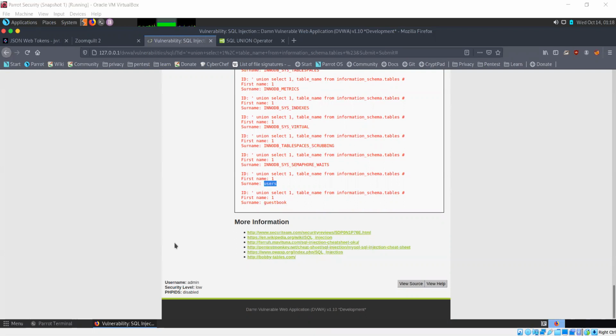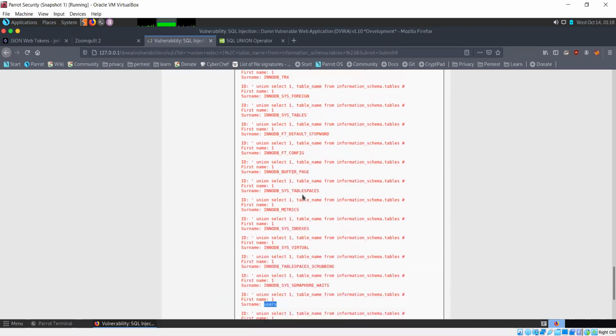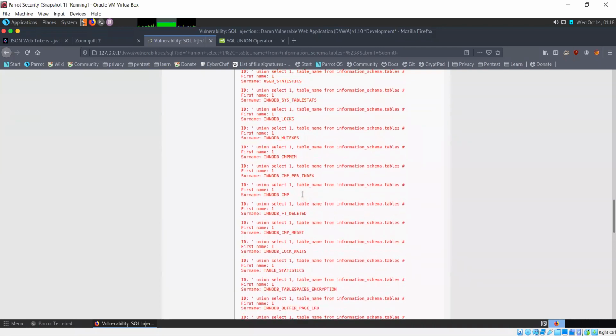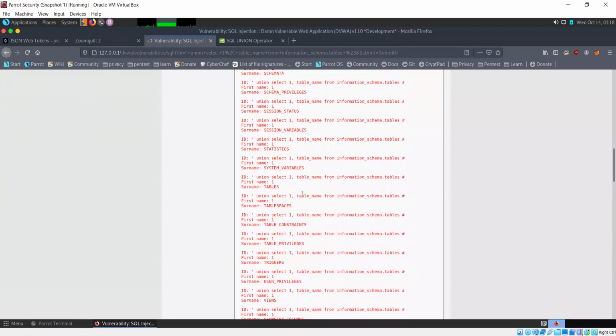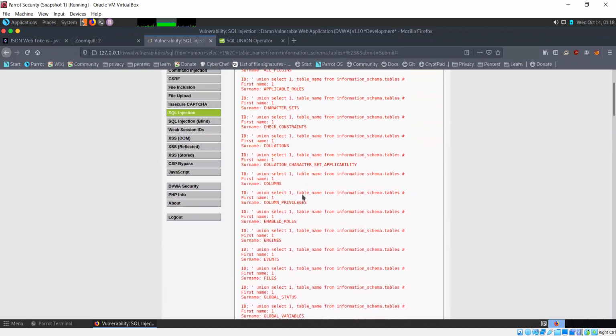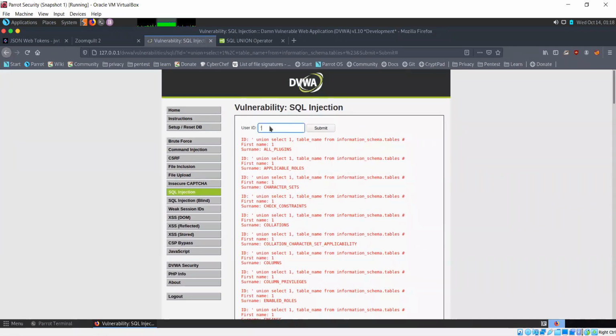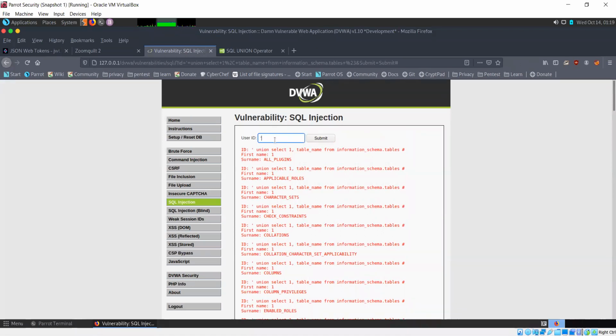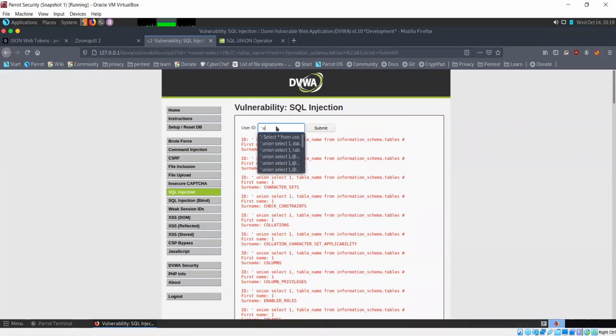So we are going to target this users table. Now let's try this. One, and now we want to look for columns within this table.